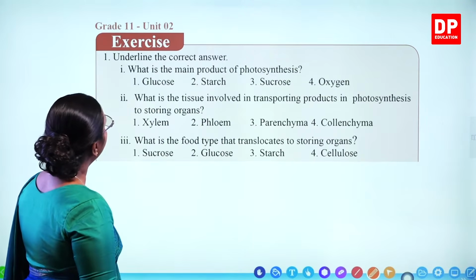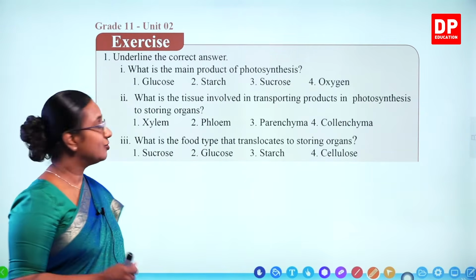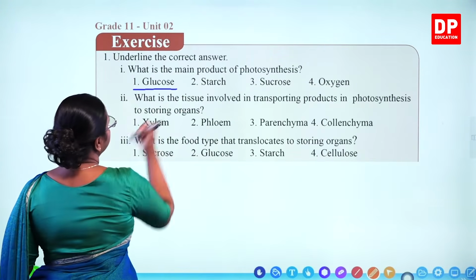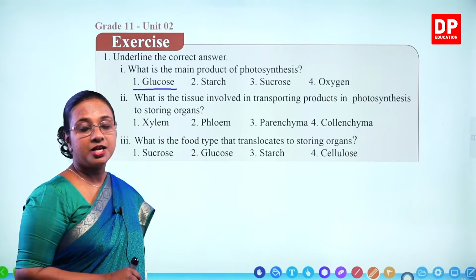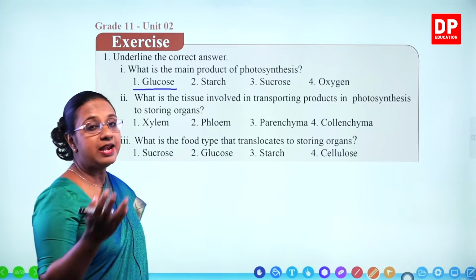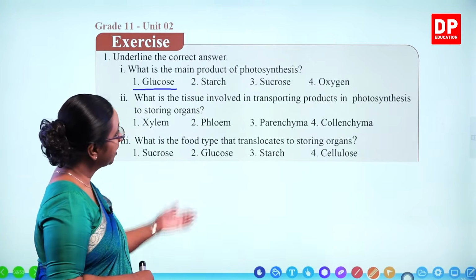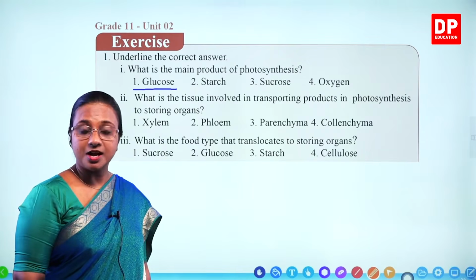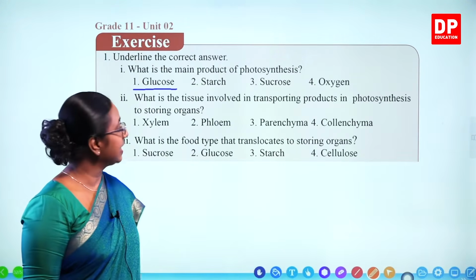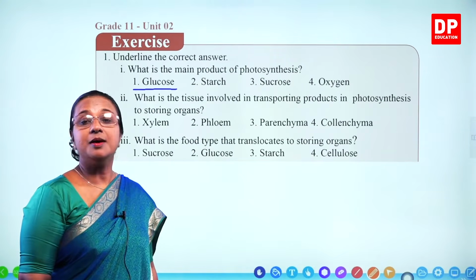First one, what is the main product of photosynthesis? I am sure you know the answer immediately. It is glucose. What is starch? Glucose is temporarily stored as starch in leaves and also it is stored in other parts of the plant. Sucrose is transported through the phloem in the form of phloem sap, that is translocation, and oxygen is the byproduct